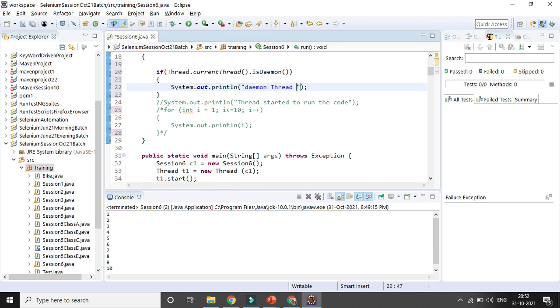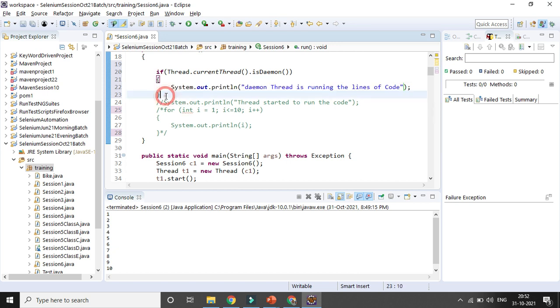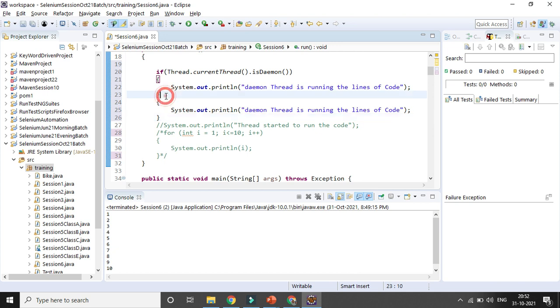Else, it is the default or normal thread, and it prints normal thread is running the lines of code. That is the definition I have made in the class.